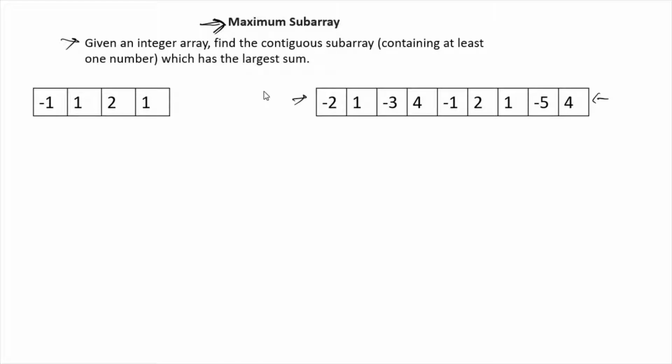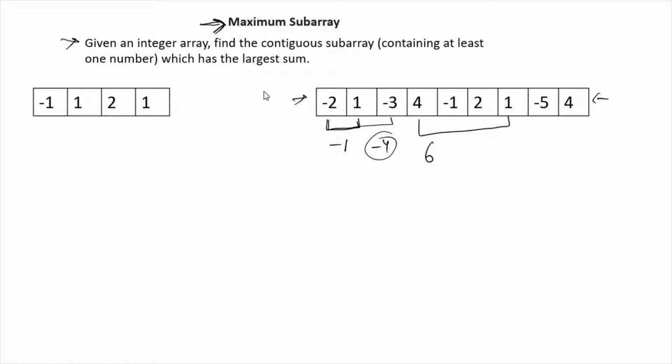This is the given array. So we have to find the sum of the subarray with the maximum sum. Like this is a subarray; if we see, the sum is -1. Similarly, if we see another subarray, in this case the sum will be -4. Like that, the maximum sum can be found from this point to this point, which will be 4 and 2, so the total sum will be 6.